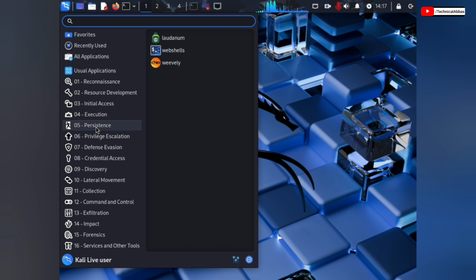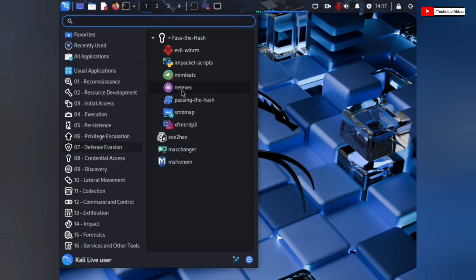So the next one is persistence. Persistence has every other tool for different purposes. Privilege escalation: these tools are for privilege access. You can also need to access from your organization, and scan and secure your networks, databases, etc. The next tools are, guys,